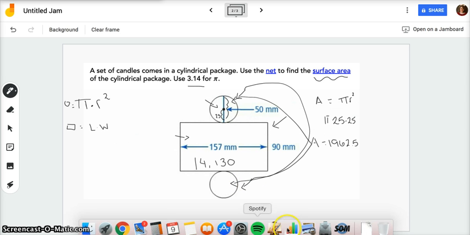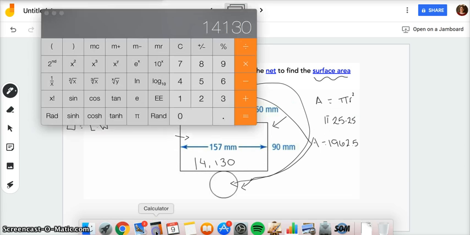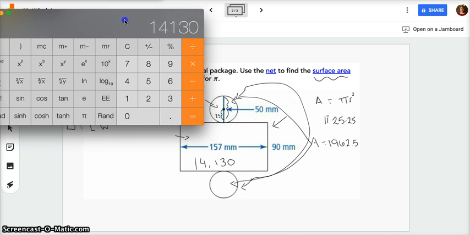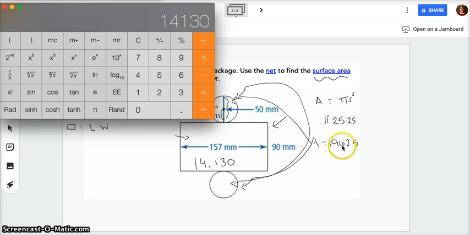So now I just need to add up all of my totals. So I have 14,130 for my rectangle, and then I need 1,962.5 for my top circle, and then I need to add, I think I accidentally pressed multiply here. That looks too big. Let me check that. 14,130 plus